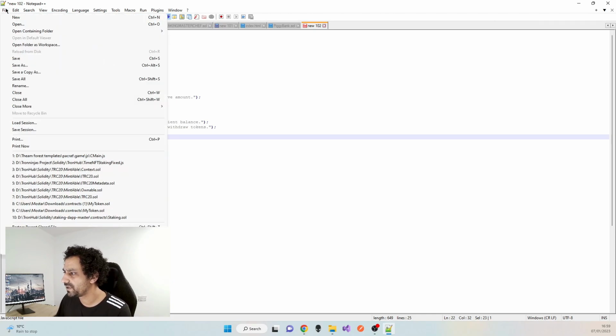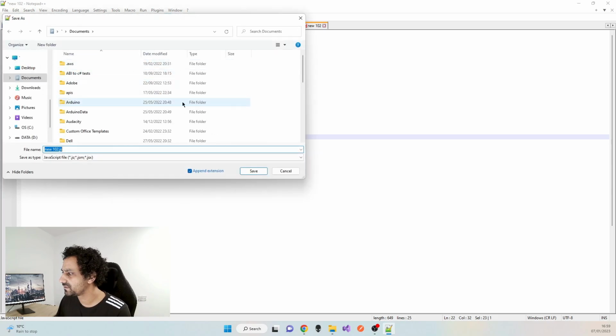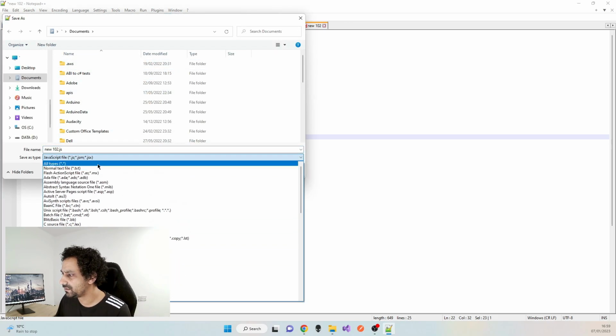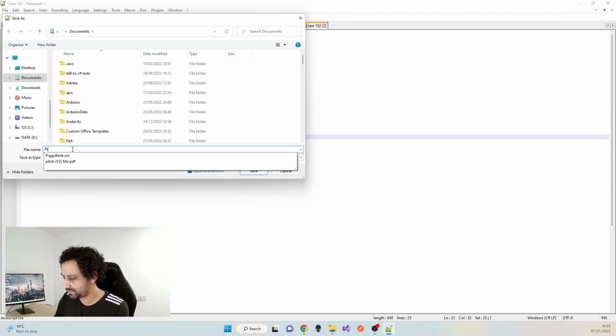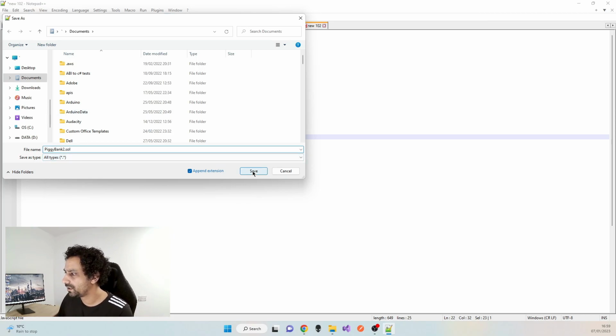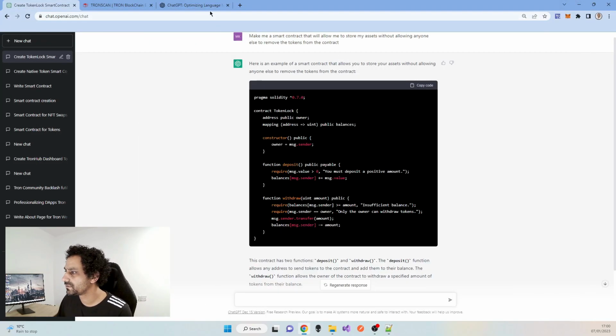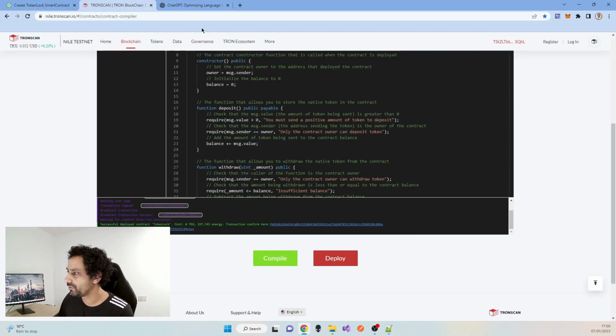So let's just give it a try and see if there's an error in there. I'm just going to save this as all types piggy bank 2, because obviously I made one before and I was just testing this out. Okay, piggy bank 2. So now if we go over to, I'm going to use the Tron blockchain because that's